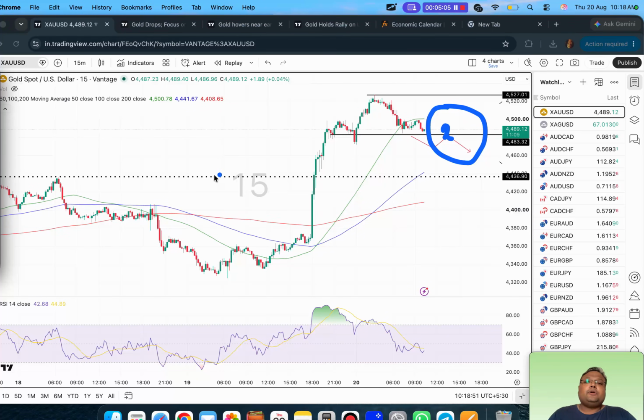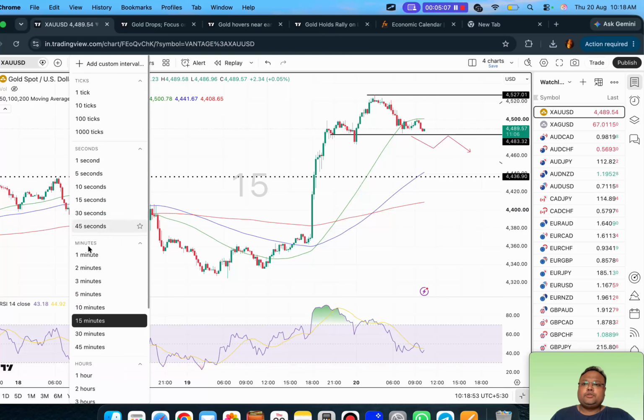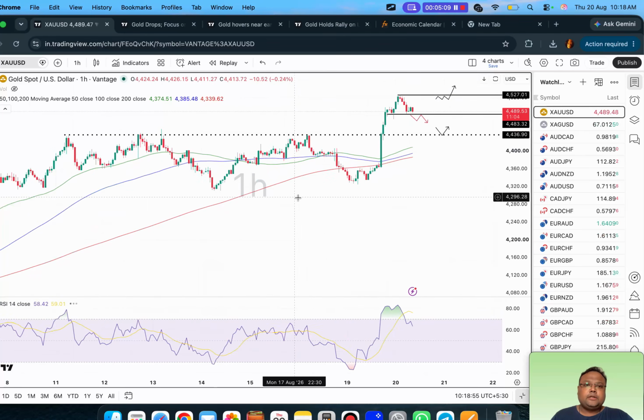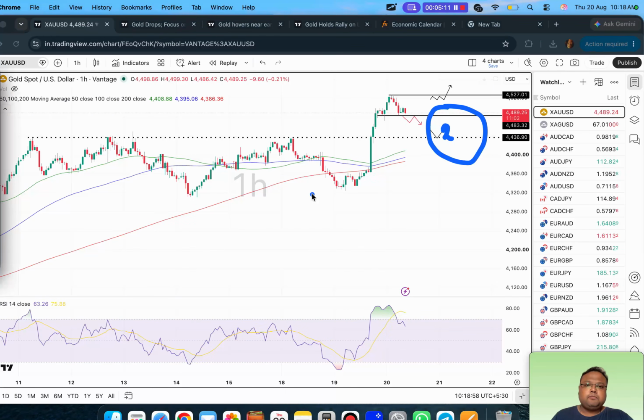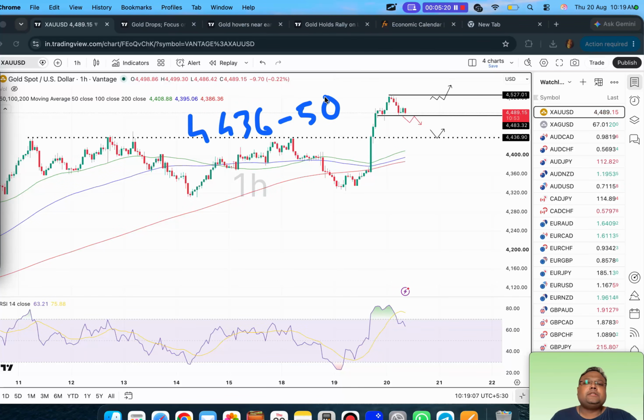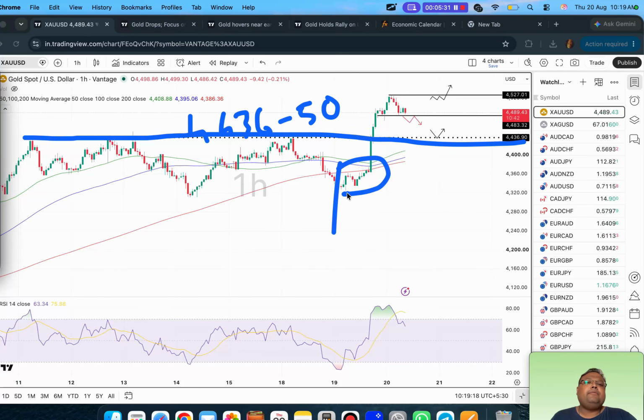Third trading opportunity is, let me switch to the hourly time frame again. The dotted line that you see here, okay, is 4436 to 4450. This is a big zone. Okay, this is a big zone. Why 4436 to 4450? Because this is a level where market faced resistance. So the previous resistance will be working as support. To be precise, I'm expecting